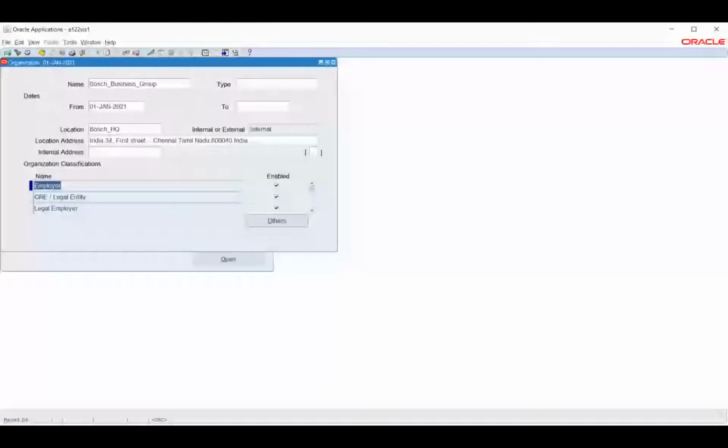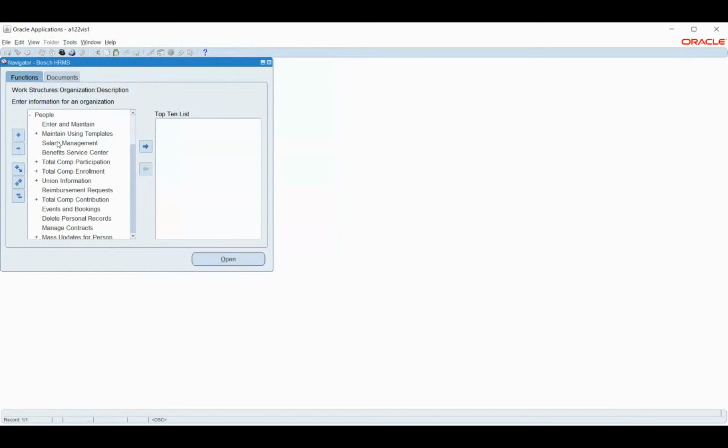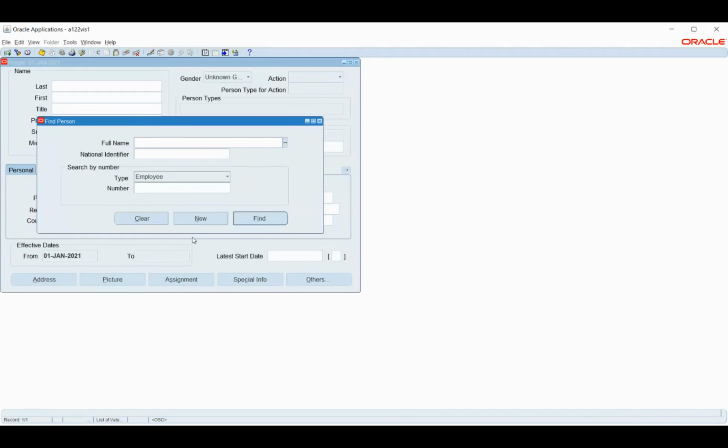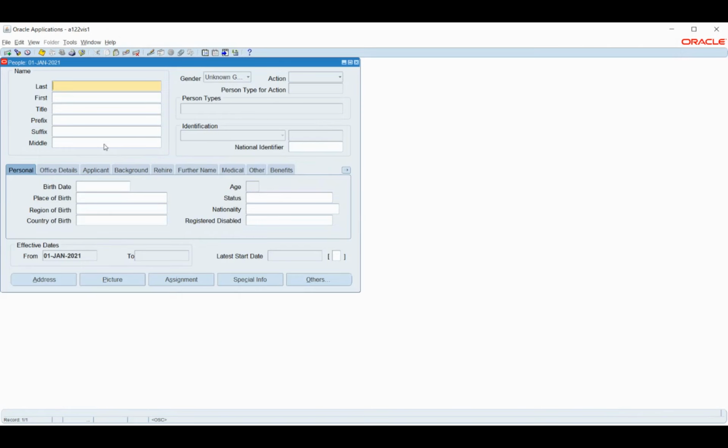Sir, if there is a problem with the business group, we can create a new employee, it will be simple, no? No, no, for the new employee, job and position has to be mentioned. No, job and position is not an issue. I mean, we can create a new employee, that is not an issue. But the problem is that since I have selected India as the country, for India we have a few legislative related setups that need to be done. So those are the things that we will attach basically.